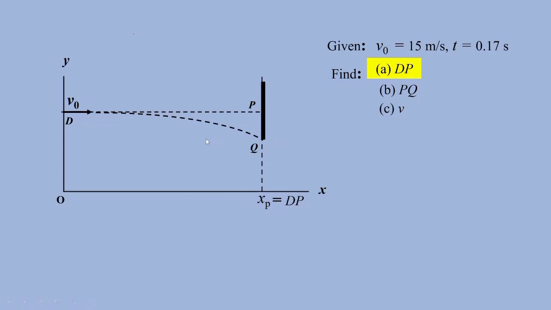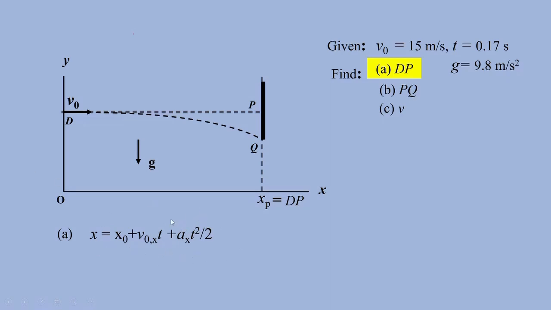First, we recollect that the motion of dart is the motion with constant acceleration g, equal 9.8 meter per second square. Actually, it is a motion of projectile. And to find dp or xp, we will use the well-known equation of kinematics for motion with constant acceleration along